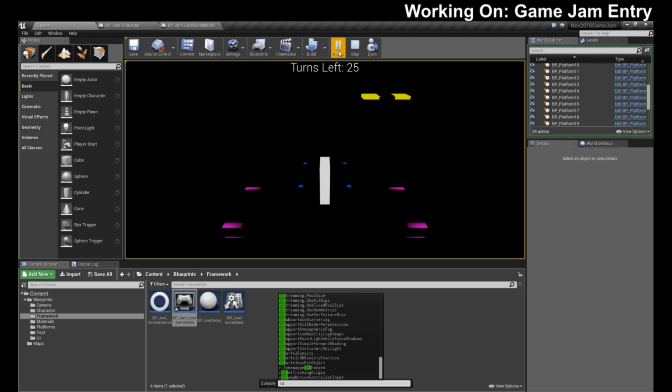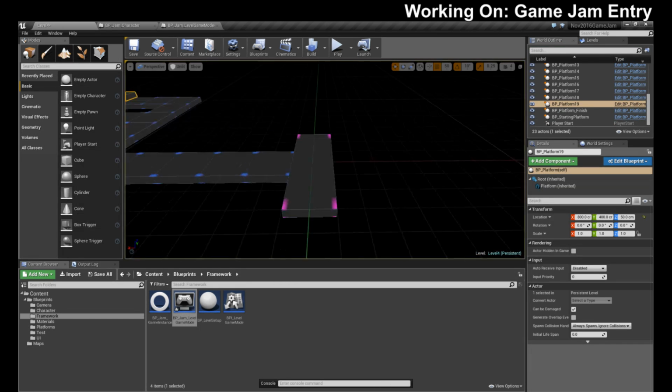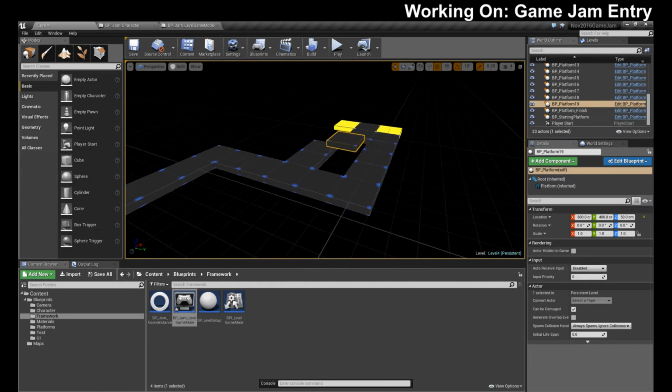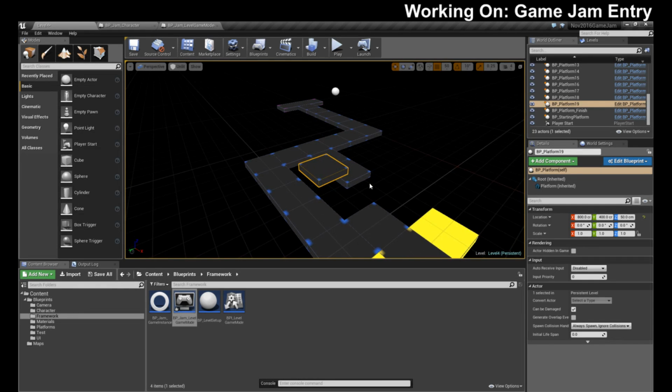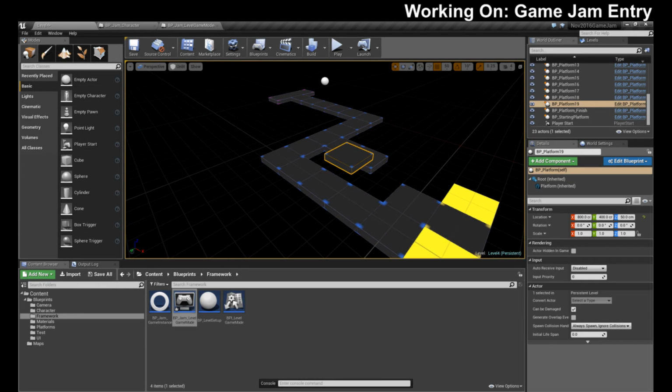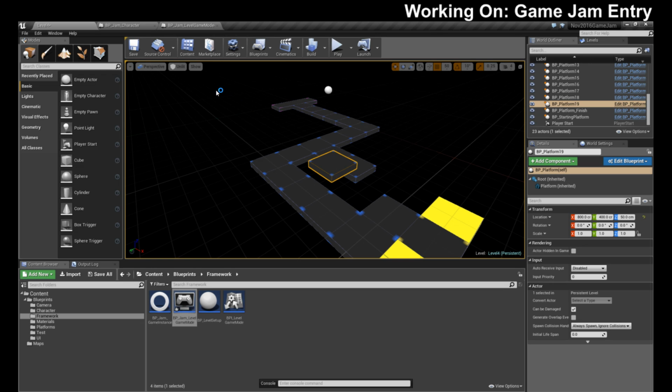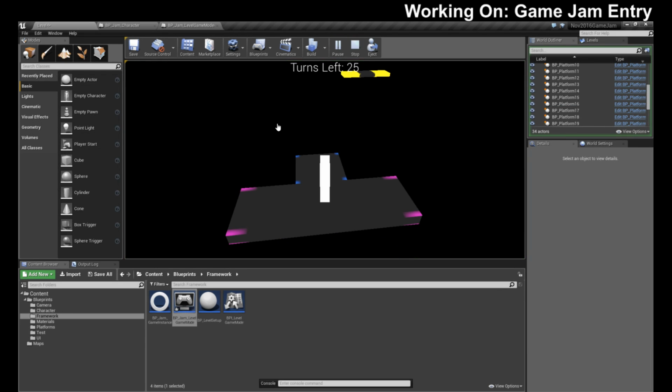Shoot, what was it? r.lighting. How do you do that? Crap, I forget how to do unlit. Okay, well, it's an easy way of debugging this. Okay, let's try this.